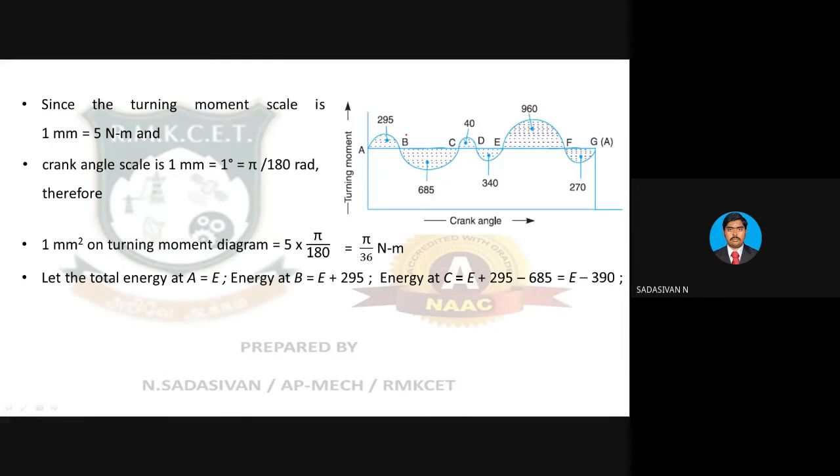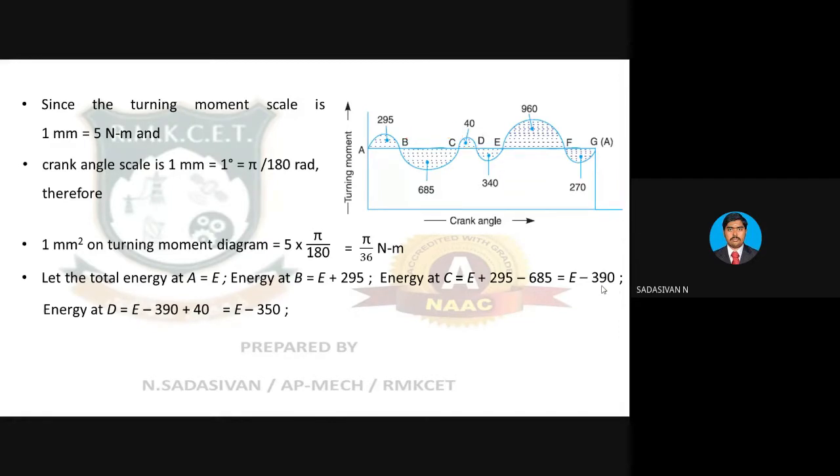So point B is over, point C is over, go to point B. Here you have to put a plus 40, do you understand? Just a plus 40. Here the 40 is there, right, above the line. Above the line 40. Therefore, add a plus 40 and it becomes minus 350, right? So energy at point B is E minus 350. 40 gets added, therefore the negative value reduces, right?